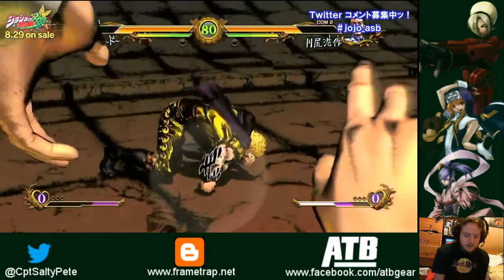So Dio's Rekka series there seems to be fairly tight, if the AI is capable of missing it. You'd expect the AI to be able to hit a Rekka series. Like,